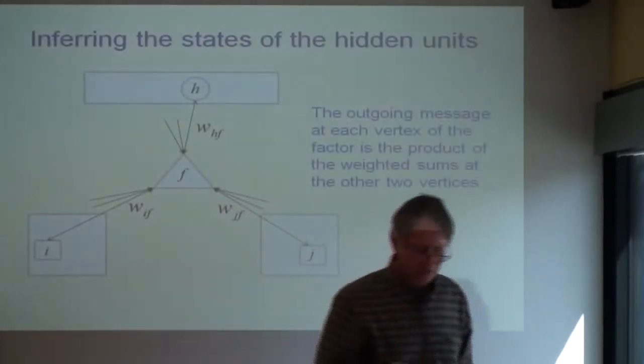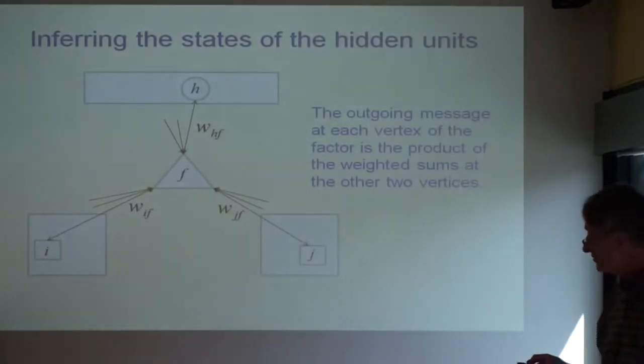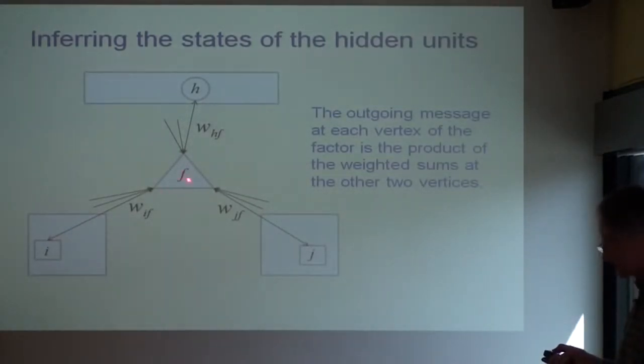If you ask, how does inference work now? Inference is still very simple in this model. So here's a factor. Here's the weights connecting it to, say, the pre-image. Here's the weights connecting it to the post-image. Here's the weights connecting it to the hidden units. And to do inference, what I do is this. Suppose I only had that one factor. I would multiply the pixels by these weights,